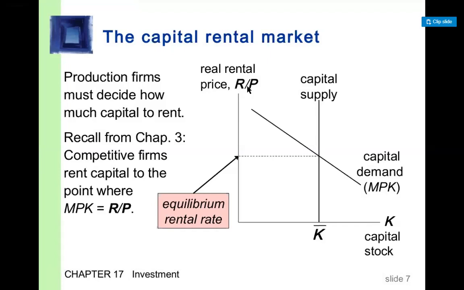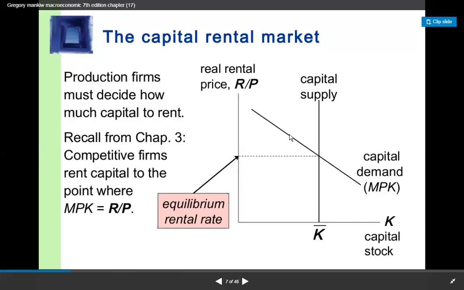So suppliers are the rental firms, demanders are the production firms. Supply curve is vertical, demand curve is downward sloping. Two reasons for the downward sloping demand curve. First reason is जैसे जैसे real rent कम होता जा रहा है, वैसे वैसे demand बढ़ती जा रही है, holding other things constant. Second, जैसे जैसे कैपिटल बढ़ता जा रहा है वैसे वैसे मार्जिनल प्रोडक्शन ऑफ कैपिटल क्या हो रहा है, कम होता जा रहा है।